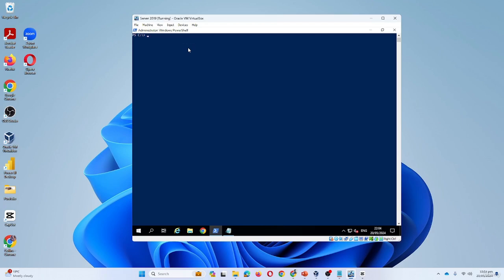Now, to create a user, the command we are looking for is called New-ADUser. And when you create a New-ADUser, the minimum requirement is that the user should at least have a logon name. So we'll start with the command New-ADUser. I'm using the tab to autocomplete. So when I go to New-ADUser, we need to specify, say, the logon name, and let's say for instance, the name is Joseph,